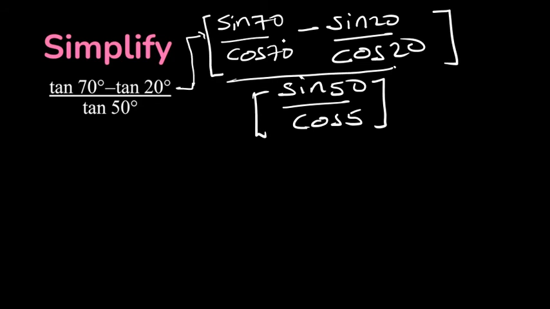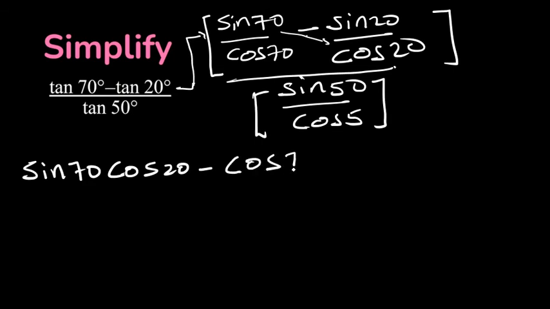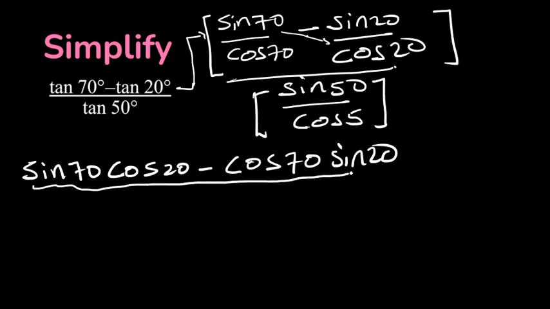Next step, to subtract this one we have to use crisscross, multiply the two. It will be sine 70 cos 20 minus again cos 70 sine 20, the whole over. The denominator will be multiplied, cos 70 sine 20